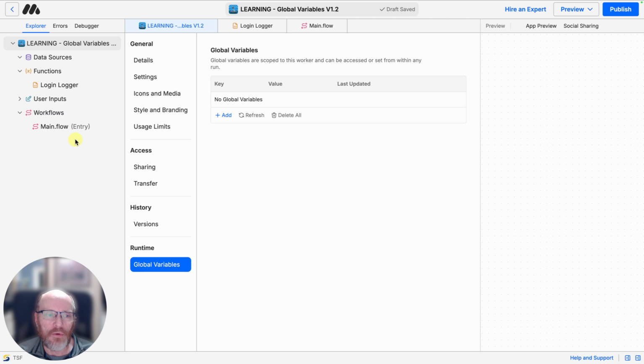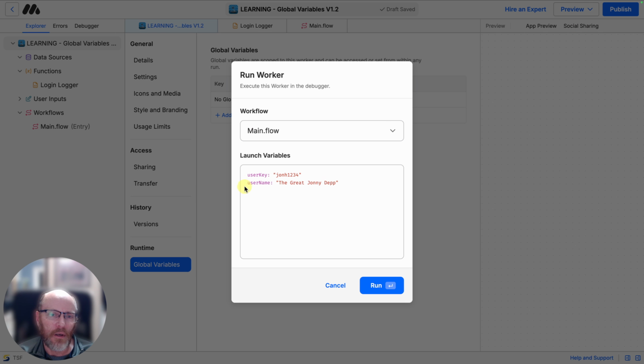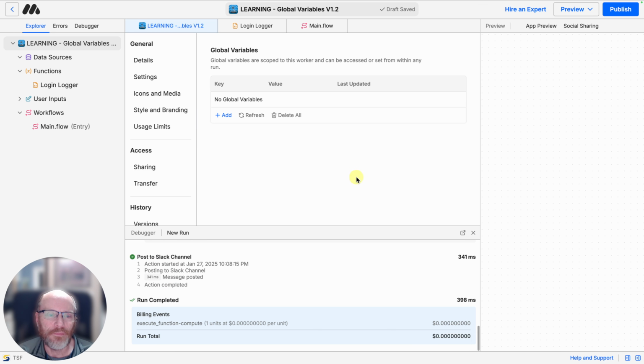So instead of running, you can run this from an API. In this case, I'm just going to simply run it from the preview, run into debugger mode. What am I passing in? I need to pass in a user key, John123, a username, Johnny, the great Johnny Depp. I'm going to run. And you notice it did not update the global